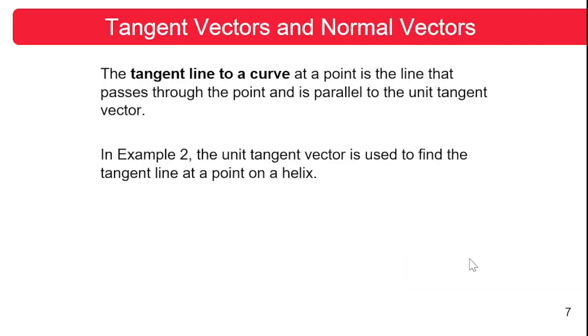Okay, from the unit tangent vector, let us now define the tangent line to a curve. The tangent line to a curve at a point is the line that passes through the point and is parallel to the unit tangent vector. In example number 2, the unit tangent vector is used to find the tangent line at a point on a